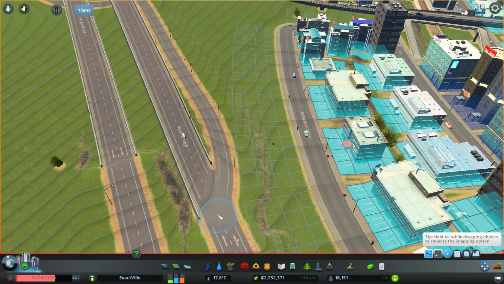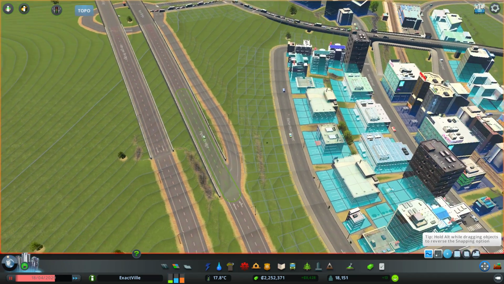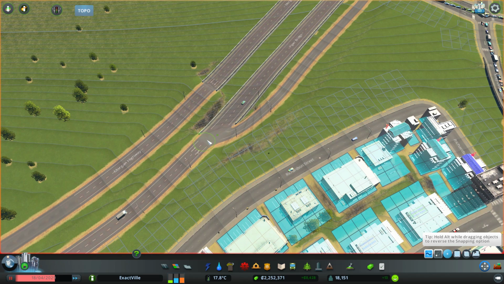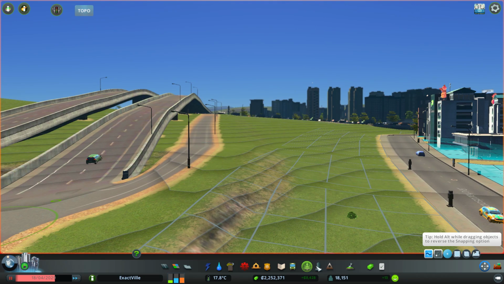What I might also do is just pull this back a little bit, and I could also do with filling it a little bit over there. Yeah, maybe this is what we needed to do. Yeah, something like that. Right. And then I'm going to go for the